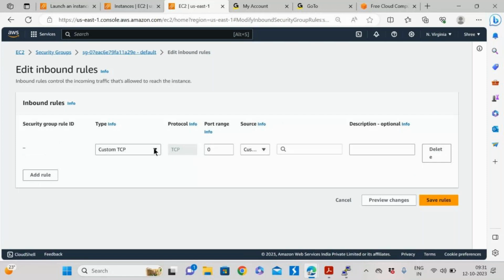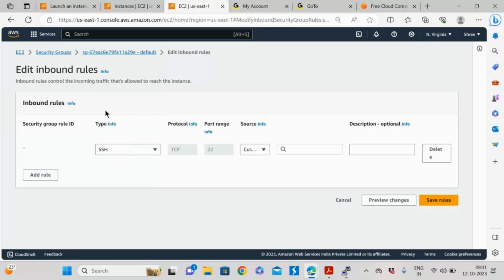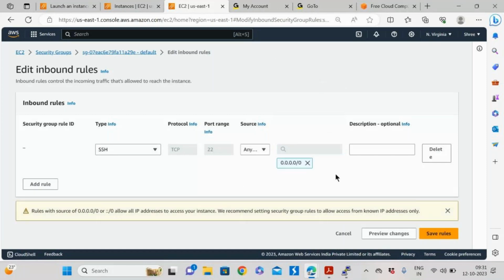What can I say here? I can directly select SSH. It will automatically pick the port number and the source from where I am trying to access. If I choose all zeros, from everywhere, it prompts that we are allowing this from everywhere, meaning throughout the world it can be accessed.